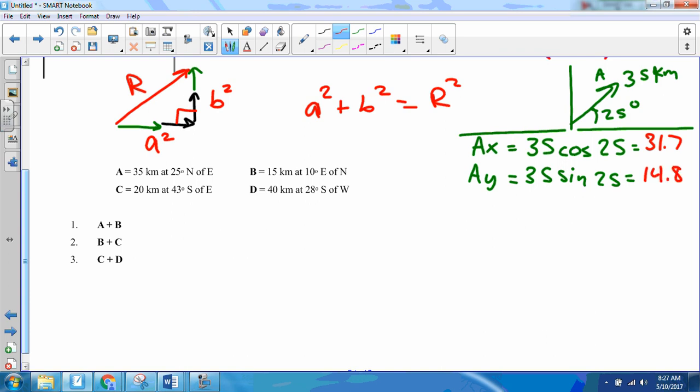Okay? Now, to do B, I have 15 kilometers at 10 degrees east of north. So what this is going to look like, I have my whole thing here. This is the north axis. 10 degrees east of north would be